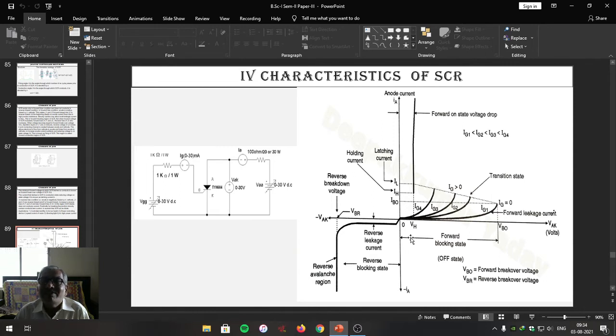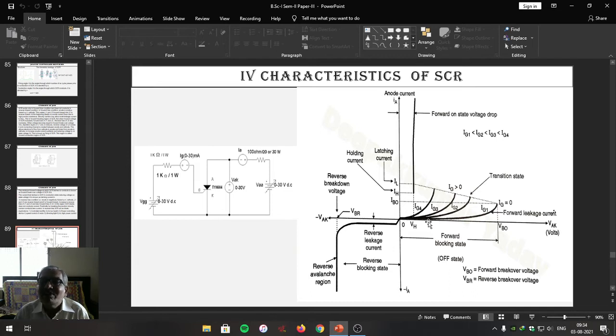But there exists a depletion layer across every junction, so simply connecting a battery and keeping it at 0 doesn't increase the anode current. So that's why at the beginning, when VAK is 0, IA is 0. As we go on increasing VAK, naturally the width of the depletion layer across J1 and J3 reduces due to the increase in forward bias across them, and the width of junction J2 increases due to the increase in reverse bias voltage across it.